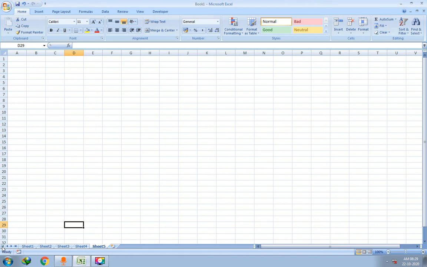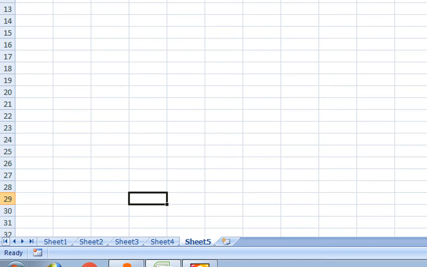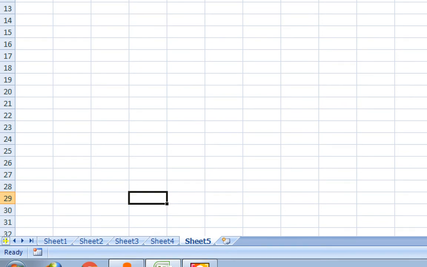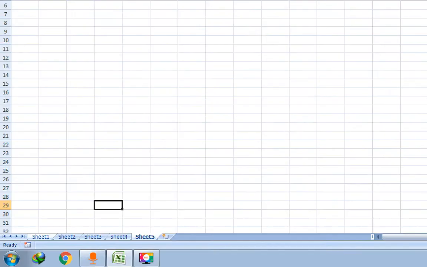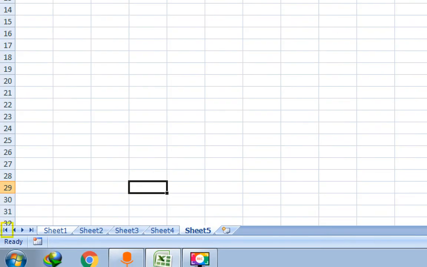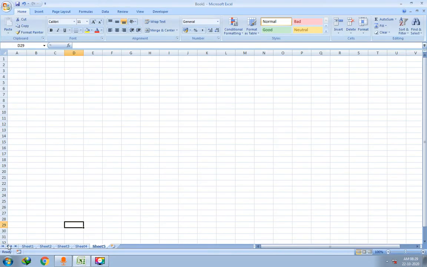It's not working properly. Now let me choose this. These two buttons are not working, but this is used to move to the first worksheet. This is used to move to the last worksheet. This is used to move to the previous worksheet, and the next one is used to move to the next worksheet. Now let me show you.